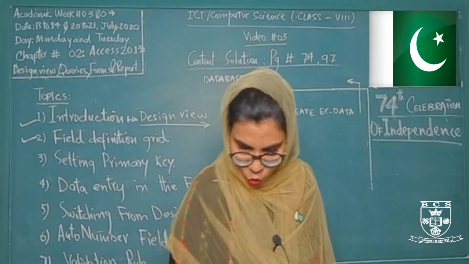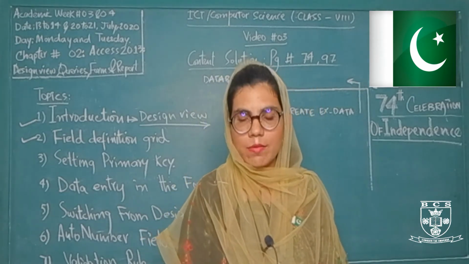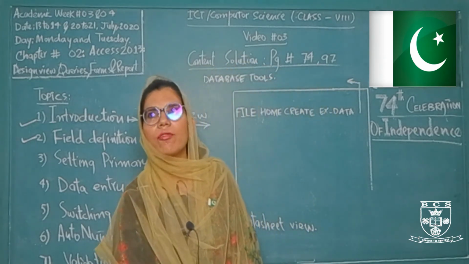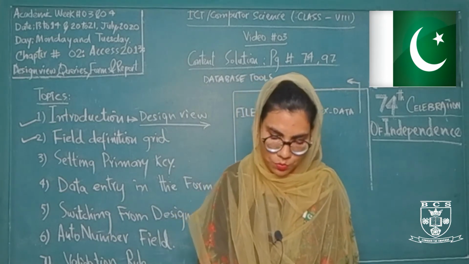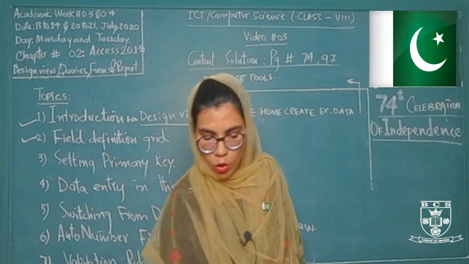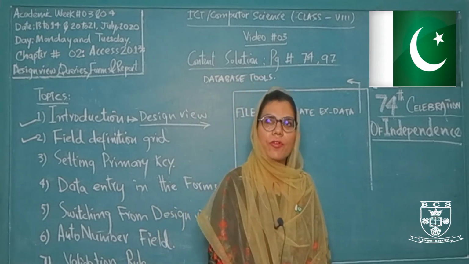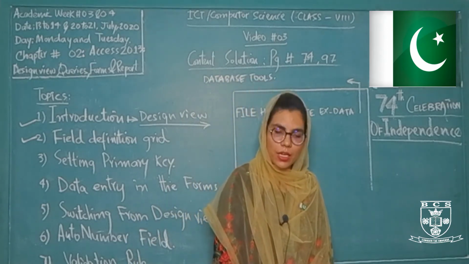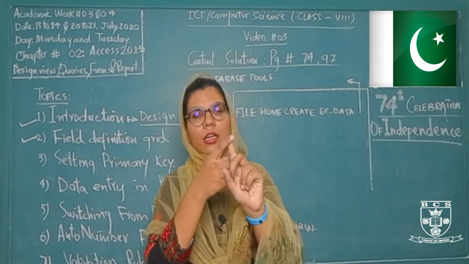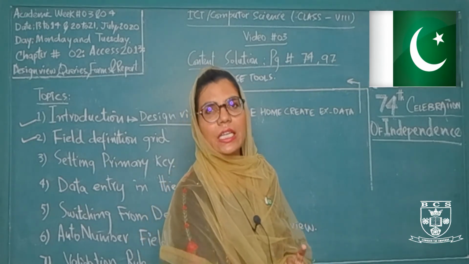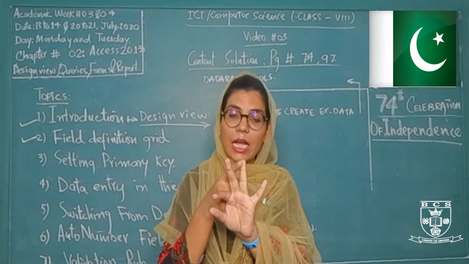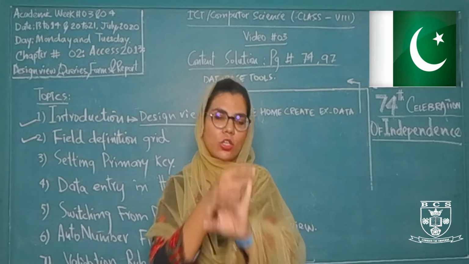Field definition is used to specify the different field names and different data types for the particular table that we have created in the design view. It has 4 different parts, and optionally we can also add a description for each different field, but this is an optional part. Number 1 is field selector, number 2 is field name, 3rd one is your data type, and 4th one is your description.